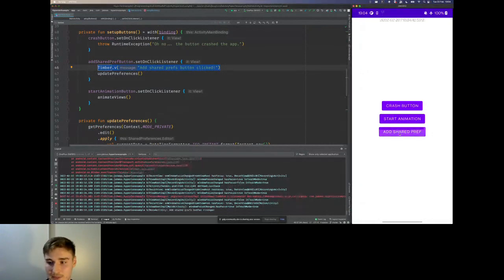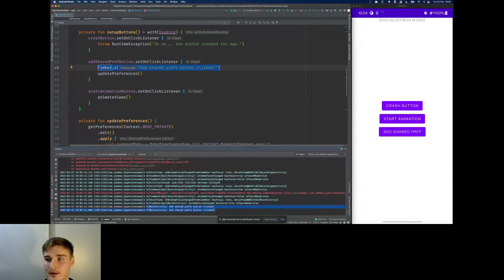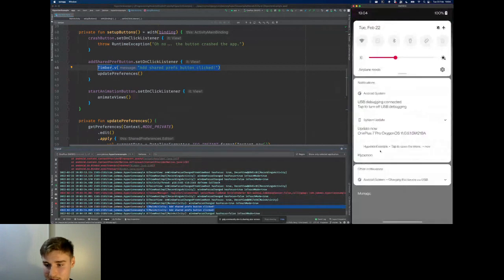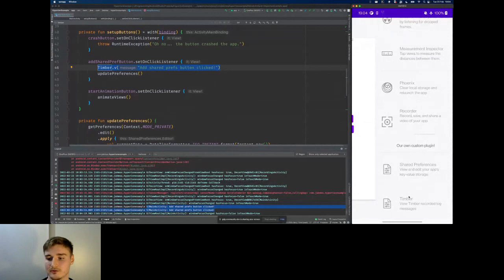So I'm clicking the Shared Preferences, and we can see in logcat that it was in fact logged. But testers are not always able to see that, and sometimes it is useful.